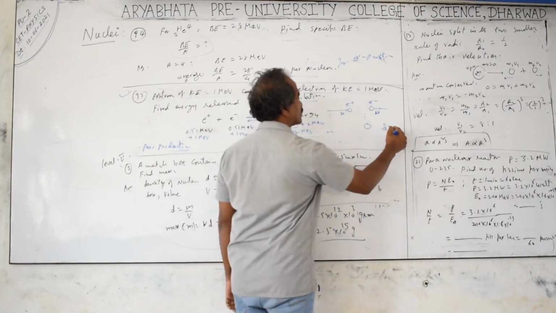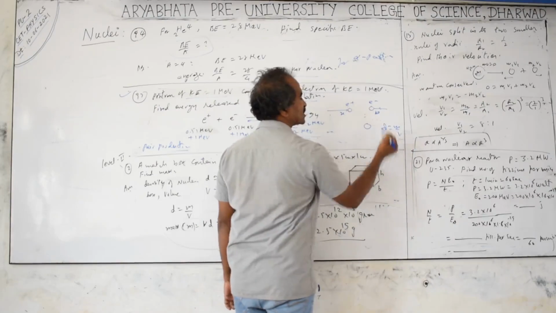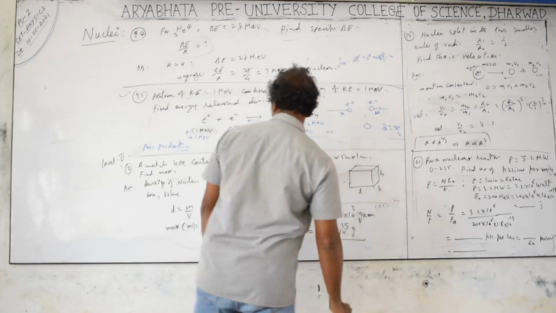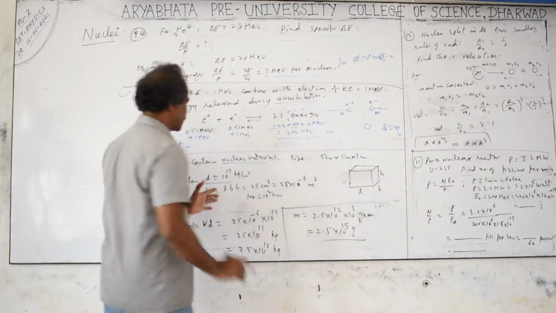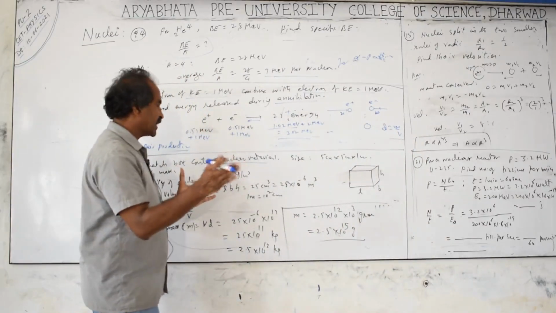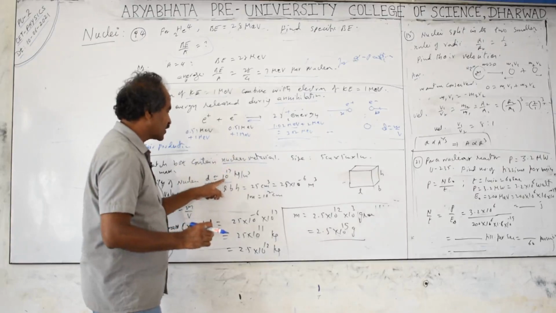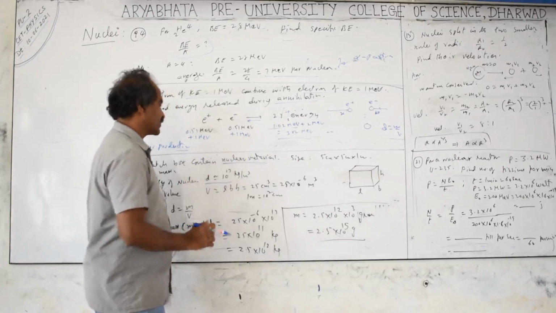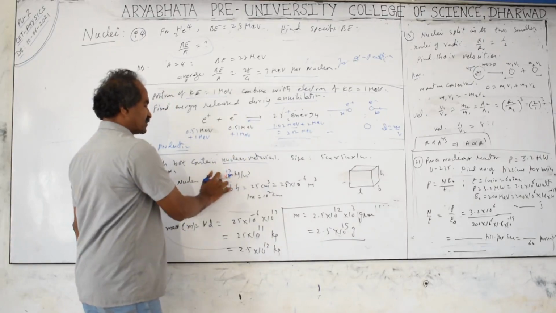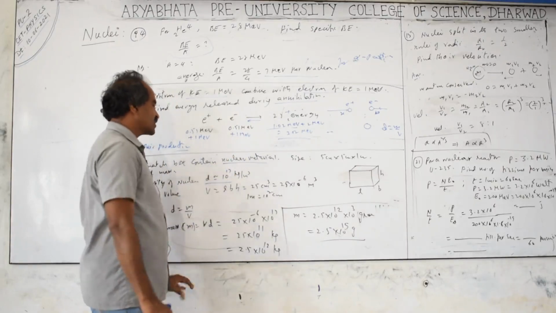The density is equal to mass by volume. Volume is very small, which means density is very high. How much is that density of the nucleus? It is in the order of, order means only the power of 10 we mention. For nuclei of the periodic table elements, some small number multiplication comes, but the order will be this value. There is only small variation. You have to remember all these relations. Density of the nucleus is in the order of 10 to the power of 17.